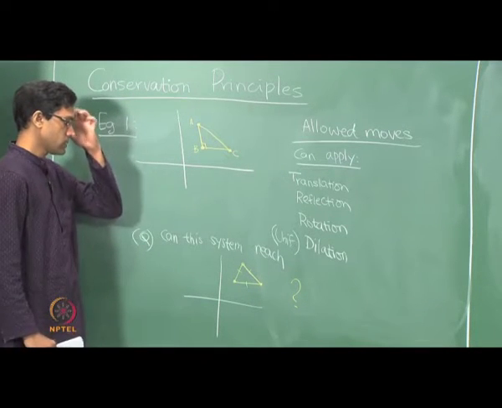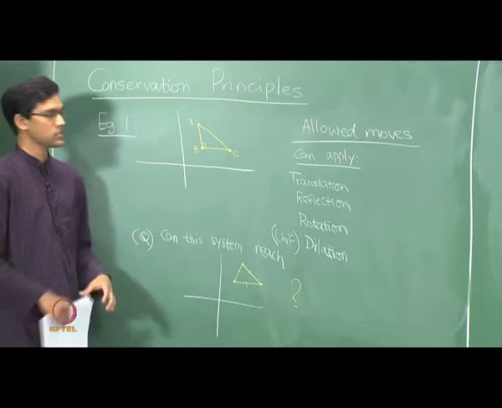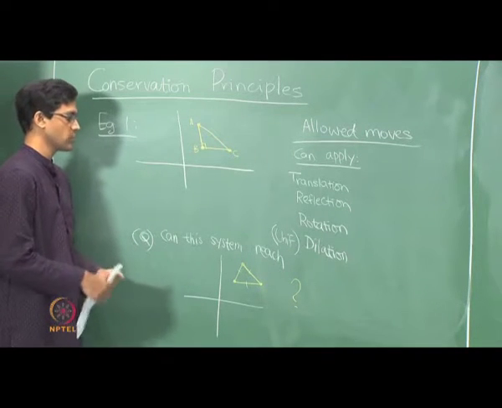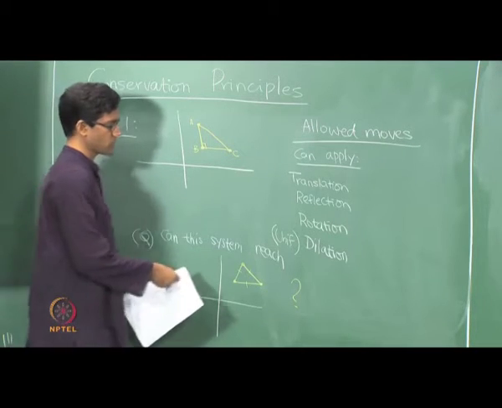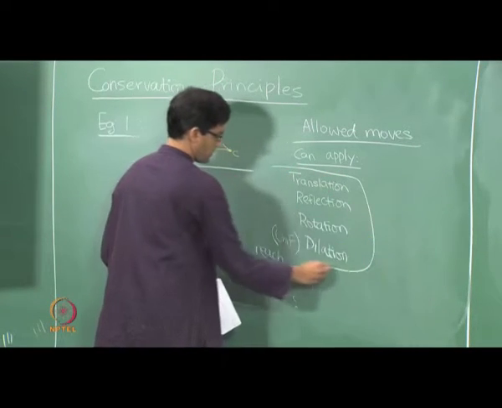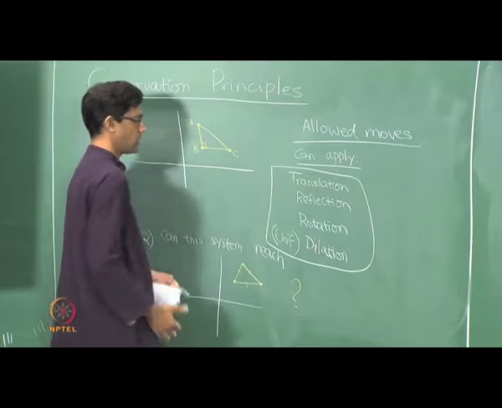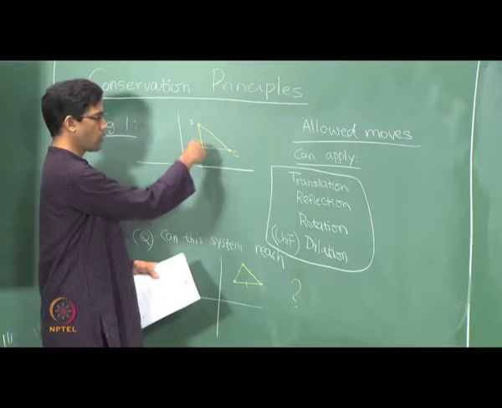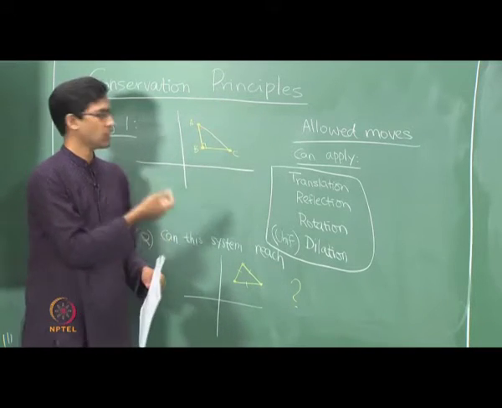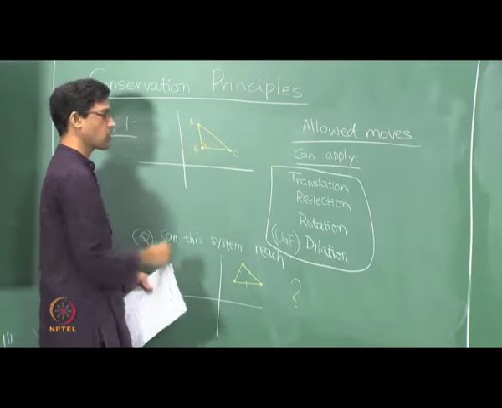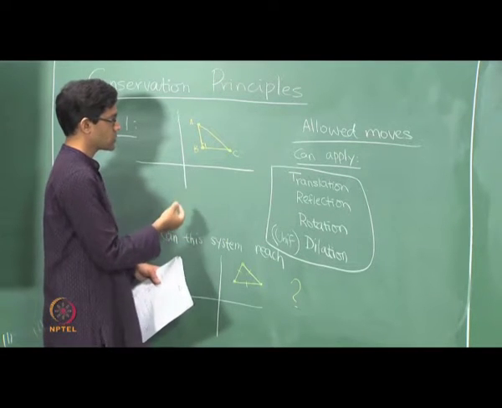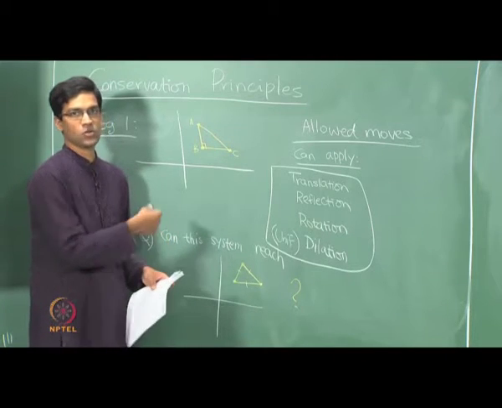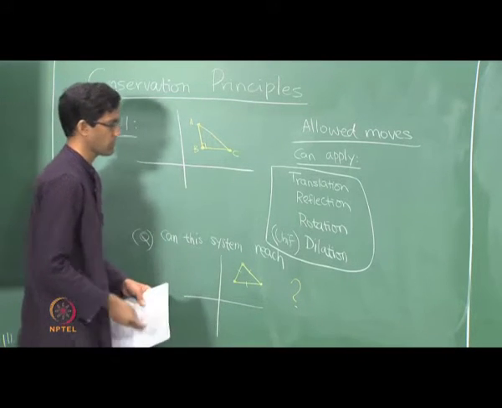Okay. So again the attempt to answer such questions lies in trying to find something that is conserved during the evolution, something that does not change, and in this case it is easy to answer because we have of course studied these in depth. Here is what we know, a translation or a reflection or a rotation gives you a congruent triangle, right? It does not change lengths or angles, whereas a uniform dilation will not preserve lengths, but it will certainly preserve angles. So it will give you a similar triangle. So that is something we looked at.